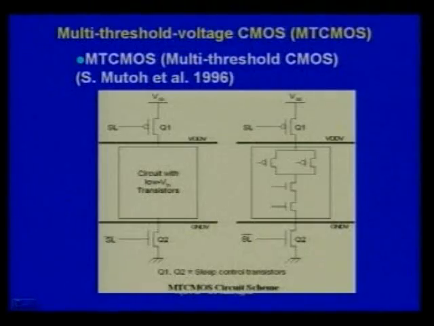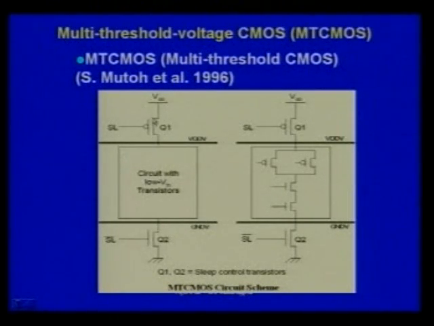The circuit realized by low VT transistors gives you good performance. So, you get good performance in the normal mode of operation, and when the circuit is in the sleep condition, sleep means standby,